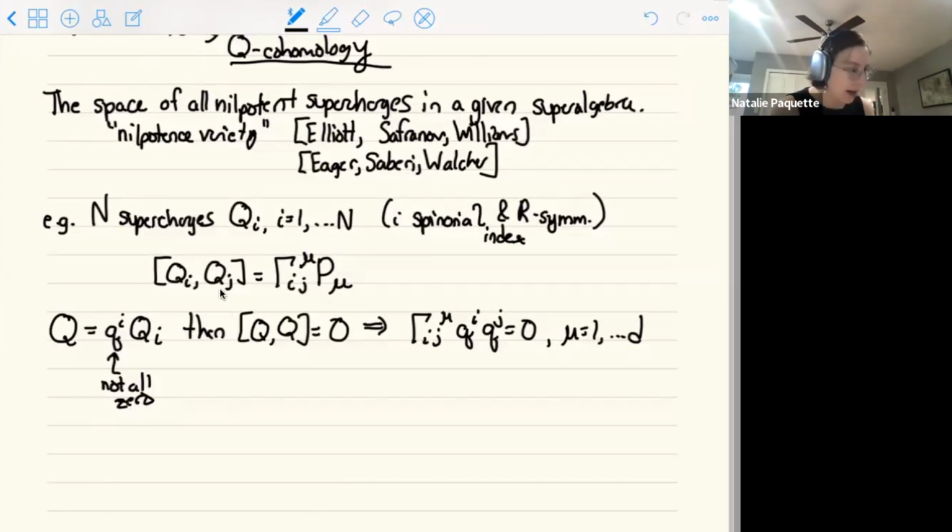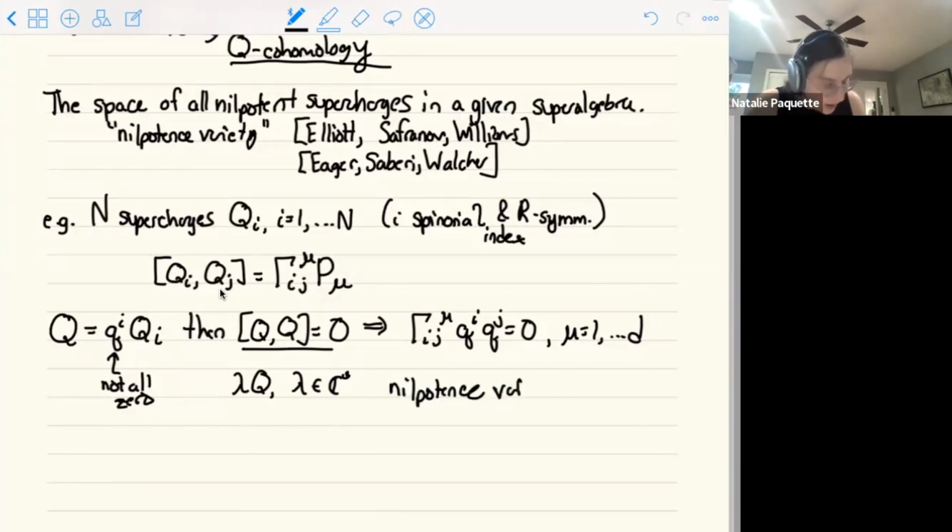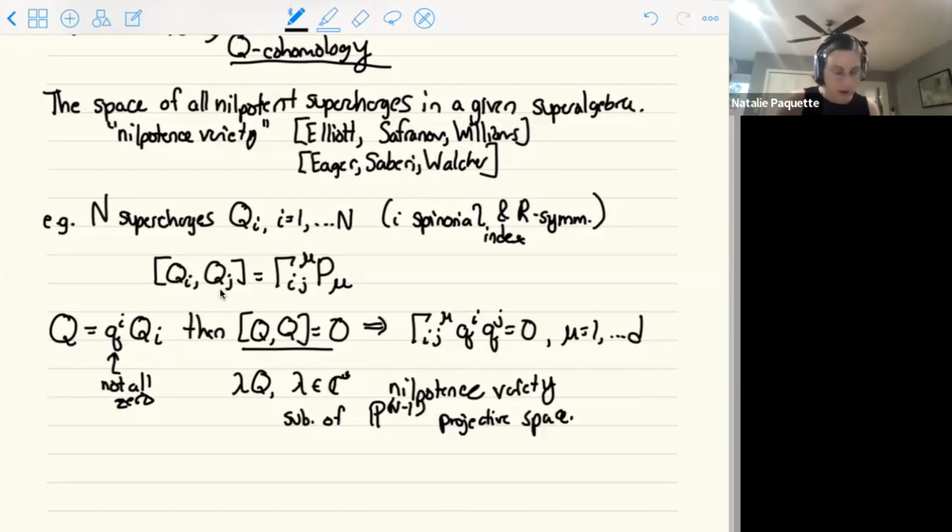For those of you that have some geometry background and like it, I'll just remark that if Q is nilpotent, as we require, then if I scale up Q by any non-zero complex number, of course, that's still nilpotent. So generically, we want to quotient out by those possible scalings, because they don't give us a different nilpotent supercharge if we just multiply by some non-zero complex number. So the nilpotence variety, defined by these quadratic equations, is a subvariety of (capital N minus 1)-dimensional complex projective space, where we quotient out those scalars. That gives nice geometric interpretations. Let me just tell you